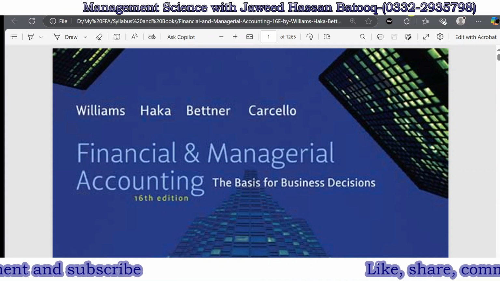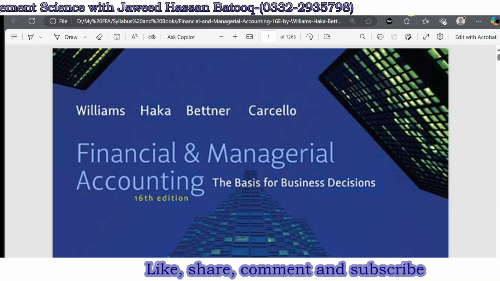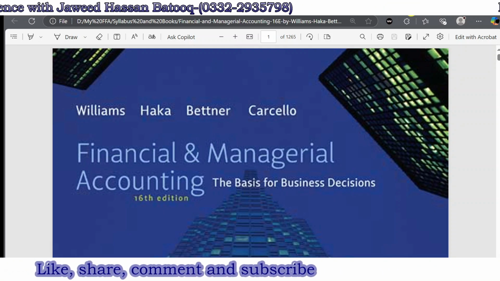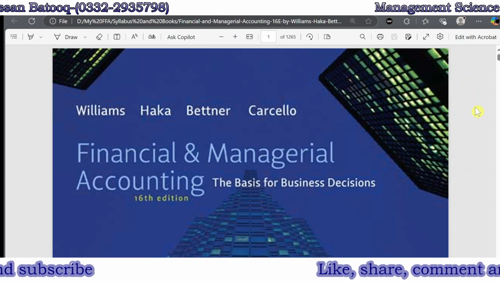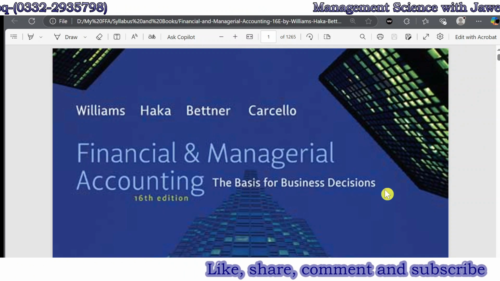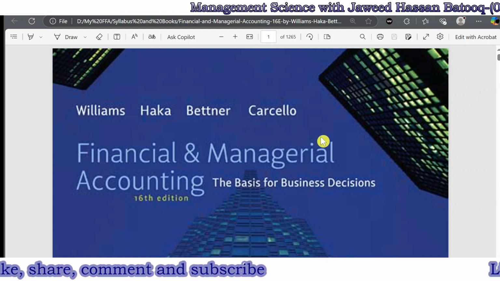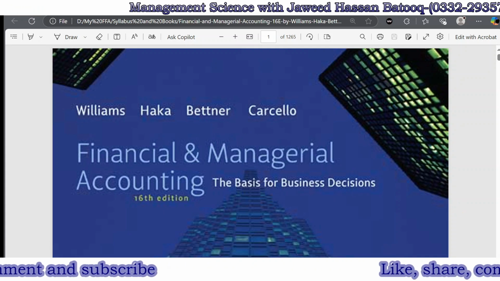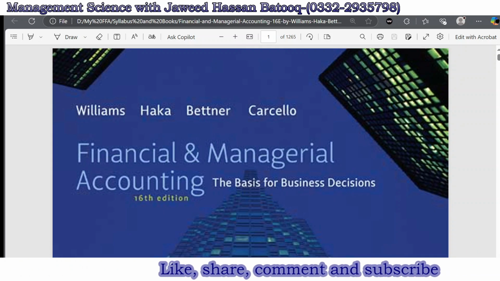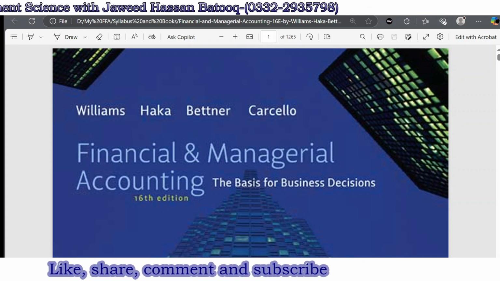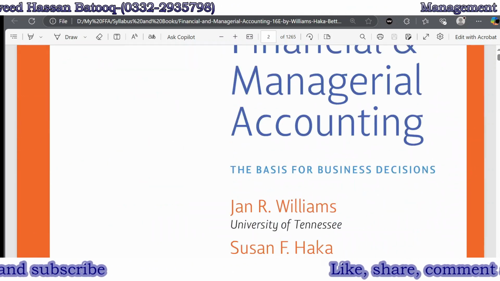If you want to study accounting and you are a beginner, then the first and foremost book that should be considered and studied deeply is Financial and Managerial Accounting: The Basics of Business Decisions by William Haka Beitner. If you are new, and you want to build your accounting concepts and make them better, you should consider this book and go through it thoroughly, starting with the